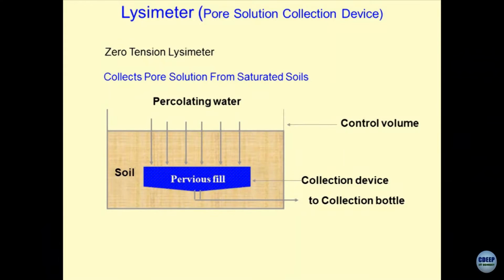So, as I said, lysimeter is a pore solution collection device, and there are two varieties of this zero tension lysimeter, which is collecting the pore solutions from the saturated soils. One of the ways could be you saturate the soil sample and then squeeze or do a consolidation test, alright. So, one good example to the answer to the question which you are asking would be, I will saturate the soil sample and I will compress it in a regular consolidometer ring, and